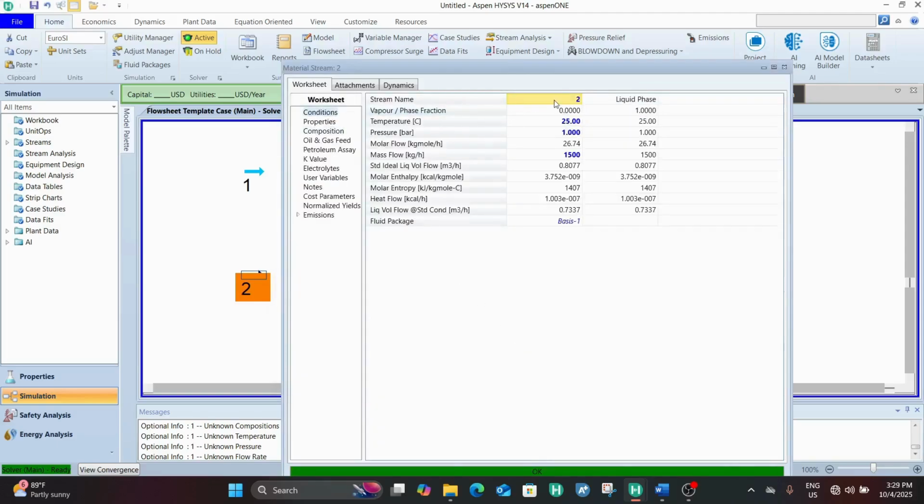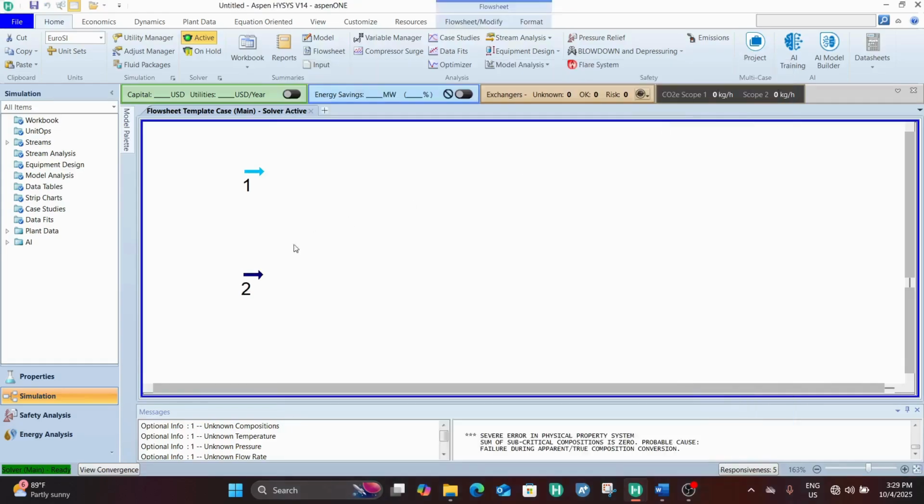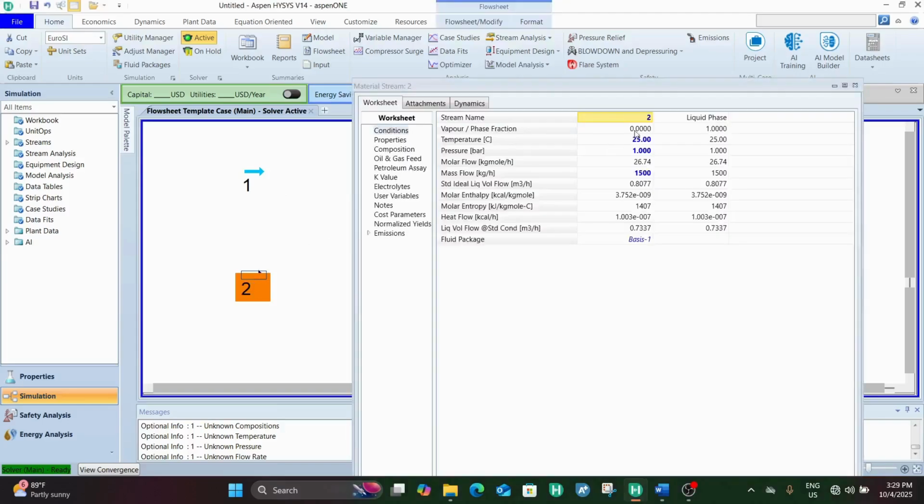Alright, we have successfully created our stream. It's completely liquid, 25 Celsius, 1 bar equivalent to 1 atm, 1,500 kilograms per hour, and a molar flow rate of 26.74 kilogram moles per hour. That's for potassium hydroxide. Let's just fix this up. KOH, potassium hydroxide,